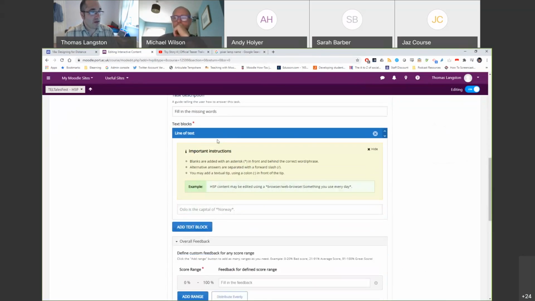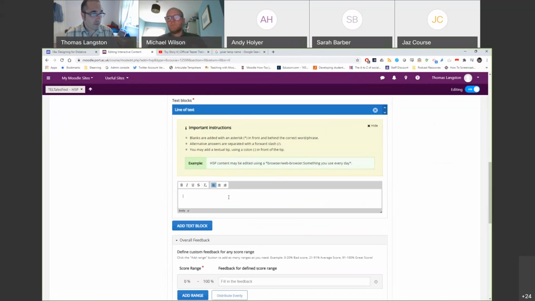So fill in the missing words, and the way this one works, as you can see, it gives you examples here. So if I do star, Tom Hanks, star, plays Woody, star, John Ratzenberger. Now, what you can see here is if I do a line in between this,